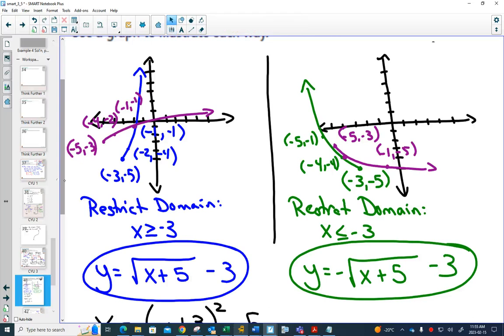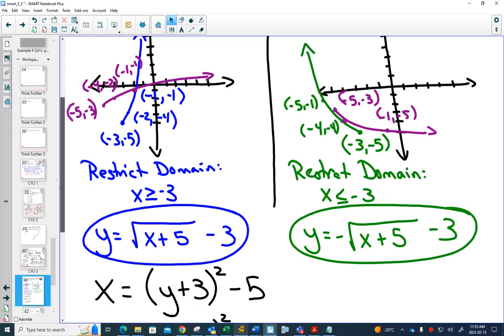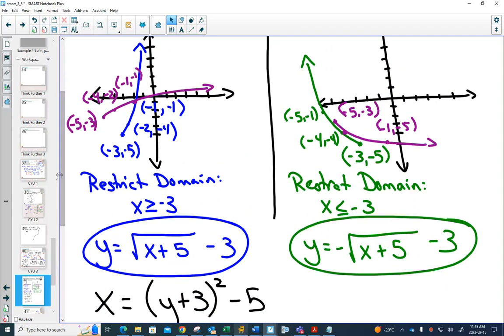We did all 6 things. We restricted the domain. We showed it graphically for each one. And we found the equation of the inverse for each one. I color-coded this and specifically showed the black part is something that I did for both of them, right? When I found the inverse algebraically, switching the x and the y, that did the plus or minus. That was working on both of them. Then I had to decide which one was going to be the positive one, which one had the vertical reflection, and was going to be the negative one. All right. So, tomorrow,